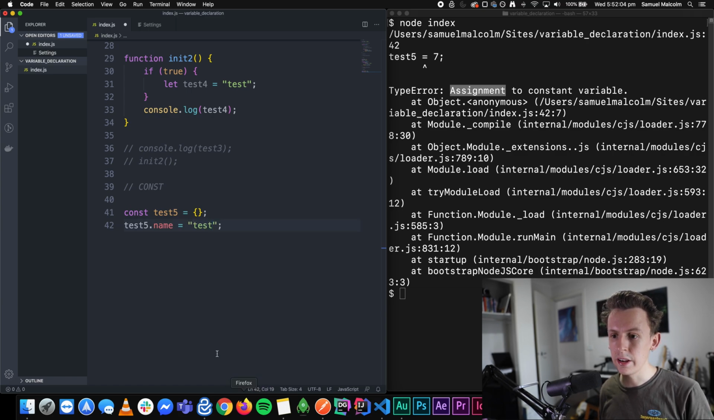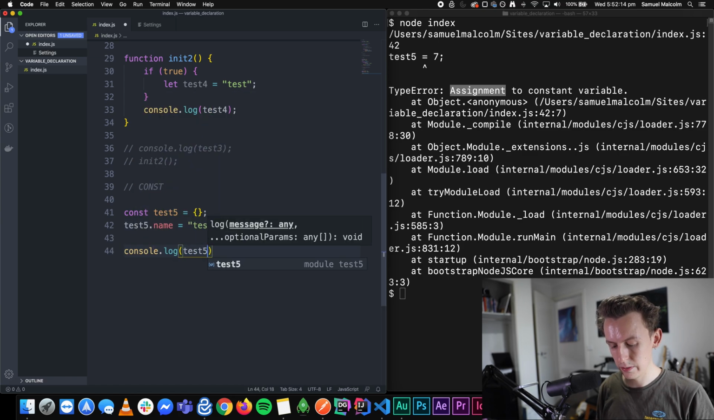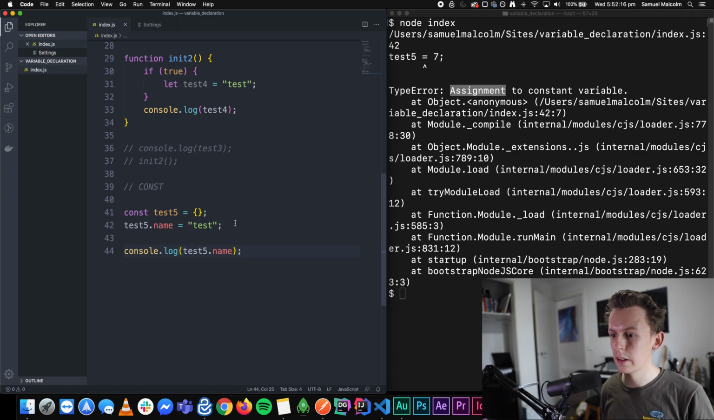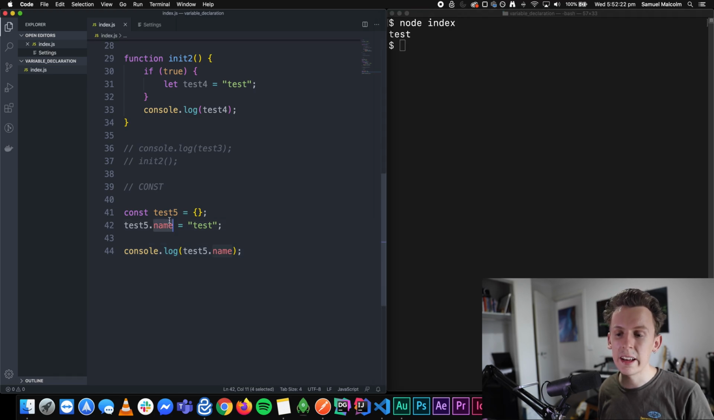So if I say test5 is equal to a JavaScript object, and I'm saying the property name of that object is now equal to test, I go log test5.name, clear this, node index. It's logging that to the console because it allows us to update the properties of JSON objects. That's the only edge case, or the only scenario where you can actually update anything really about a constant